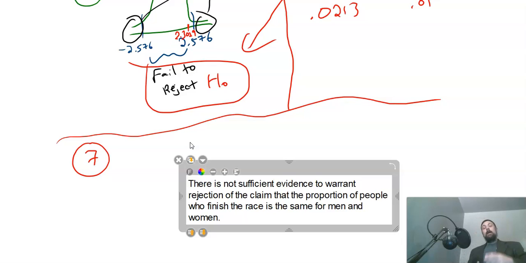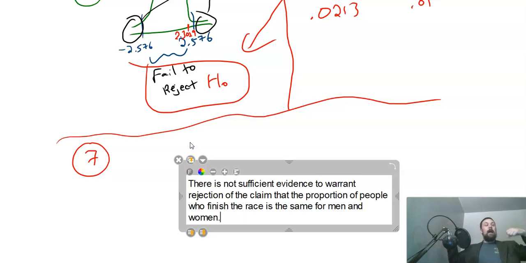That being said, if you test this over multiple years, so if we kept checking the data from the New York Marathon, and for 10 years running, we are unable to prove that claim false, that's pretty good evidence that it's likely true, right? Because you've tried over and over and over to prove it was false, that the proportion of men and women are not equal, right? Because that's the only possible conclusion that we could draw based on the claim that's being stated. And over again, we're unable to prove that it's false. And so that makes it a pretty strong claim, because it seems to be